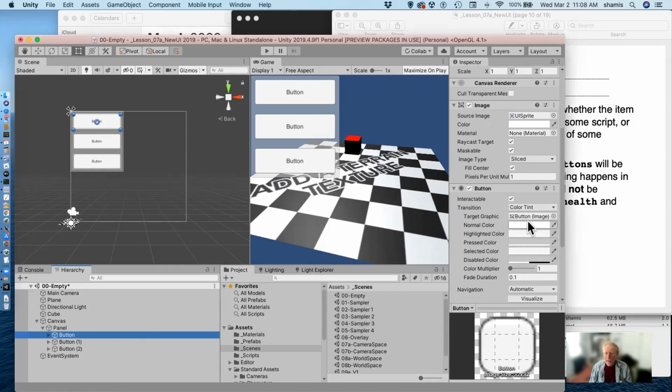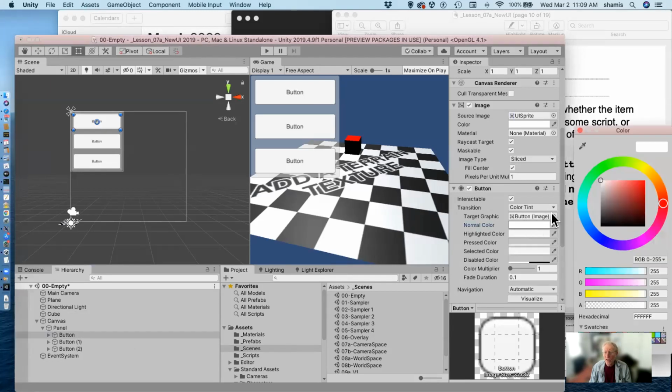With a button, we can have its different colors. We have the normal color, which I'll make green. We have the highlighted color, which I'll make kind of red. And we have the pressed color, which I'll leave alone at gray. And we have a selected color, which I'll make magenta just to have something happen here. And so now as we interact with this button,